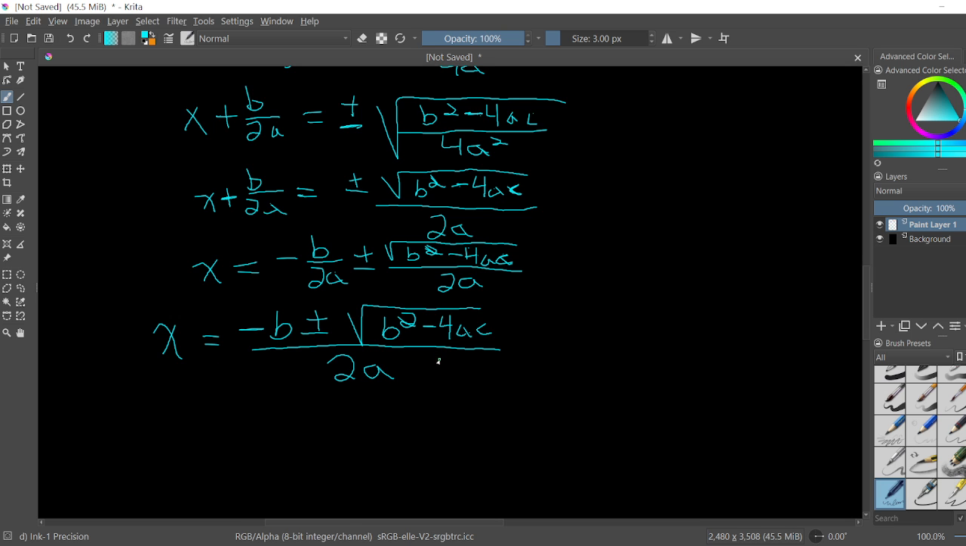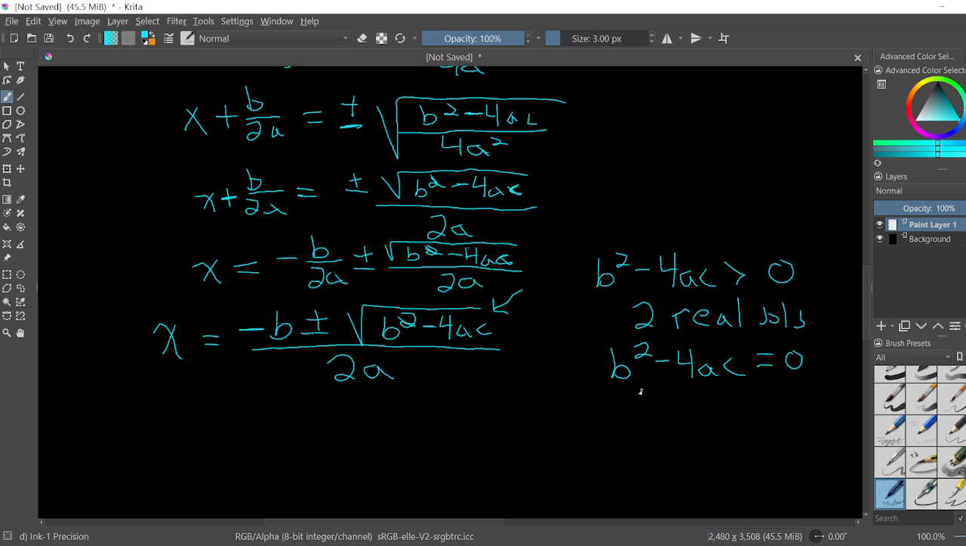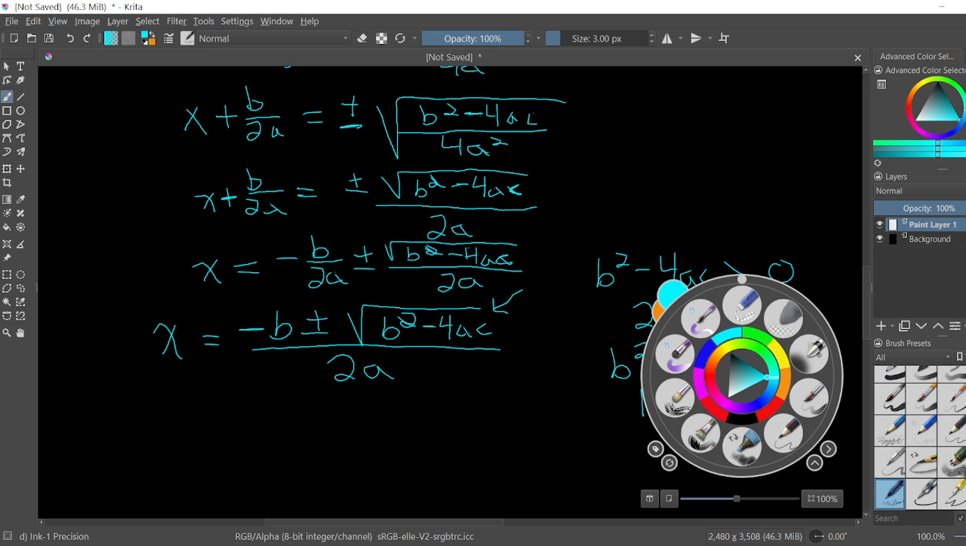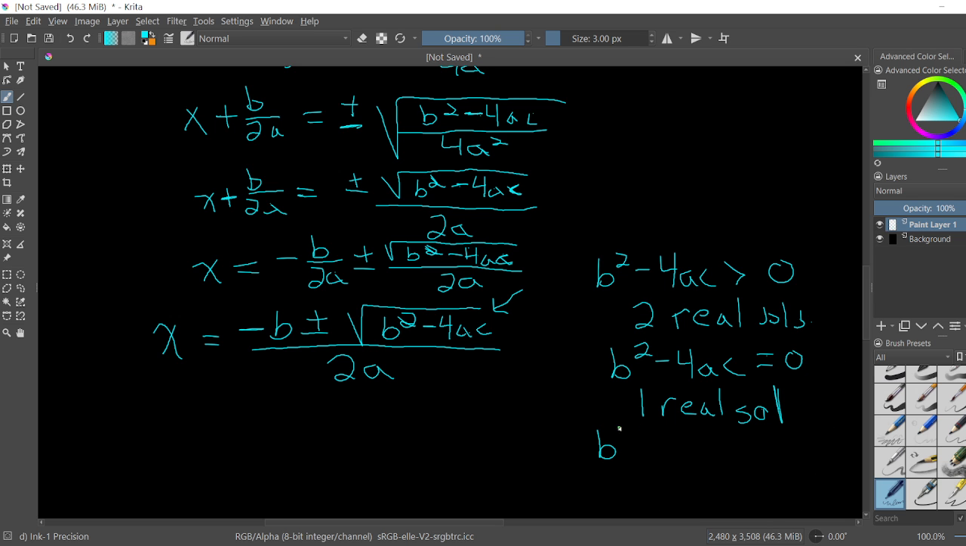And so this will give me all of the roots from a quadratic equation if I focus on the coefficients. And what's nice here is this square root thing, this b squared minus 4ac, can tell me some information. If it's greater than 0, I get 2 real solutions. And if it's equal to 0, I get 1 real solution that's repeated. We'll call it a multiplicity of 2 or a repeated root. But if it's less than 0,